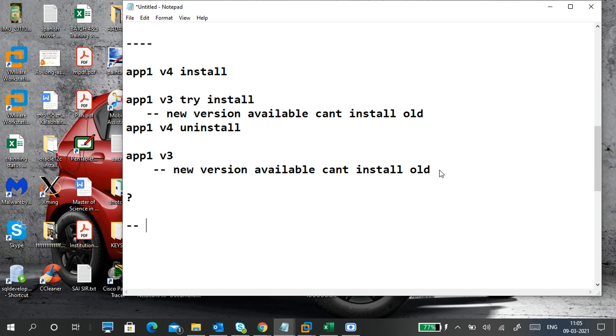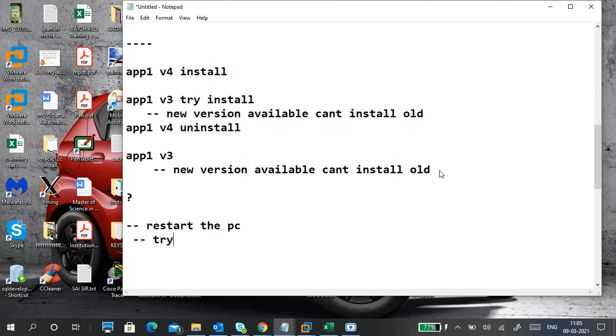So whenever you uninstall like this, remember you must restart the PC. Laptop, PC, whatever it is, every name is the same. So restart the PC, then try to install.